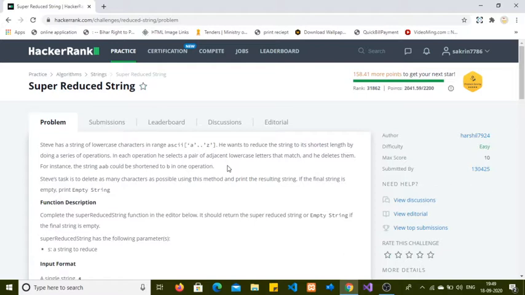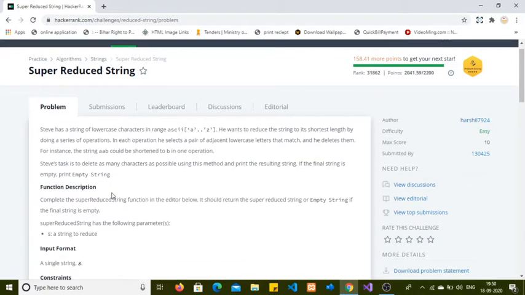For instance, the string aab could be shortened to b in one operation. Steve's task is to delete as many characters as possible using this method and print the resulting string. If the string is empty, then print empty string.